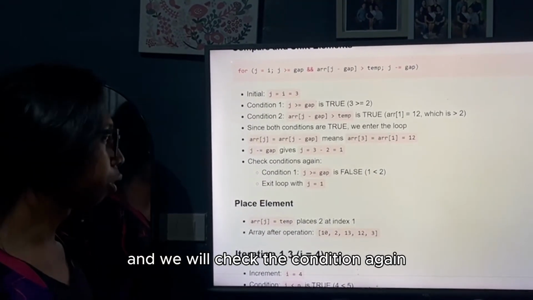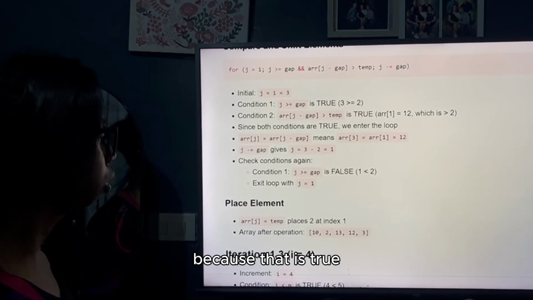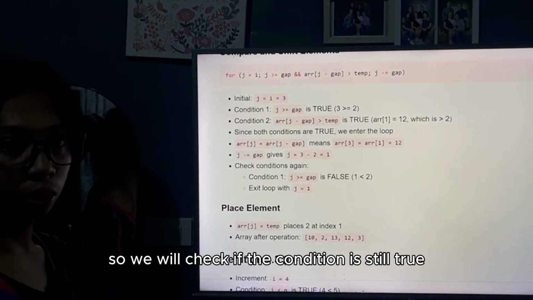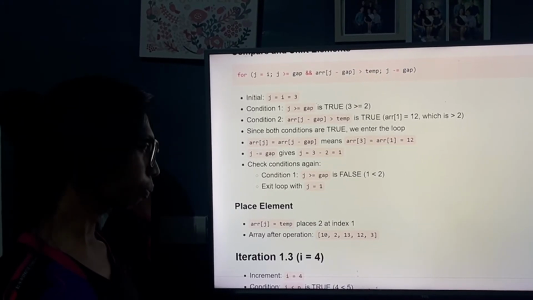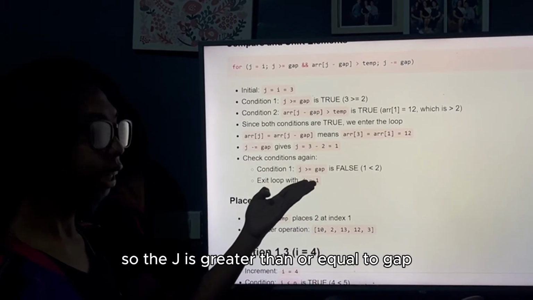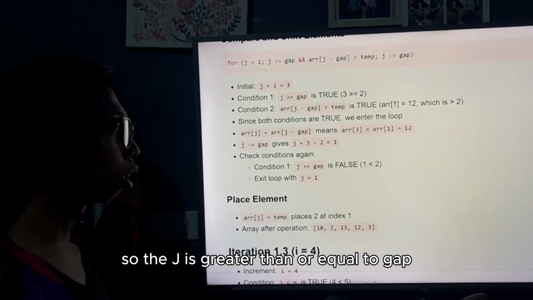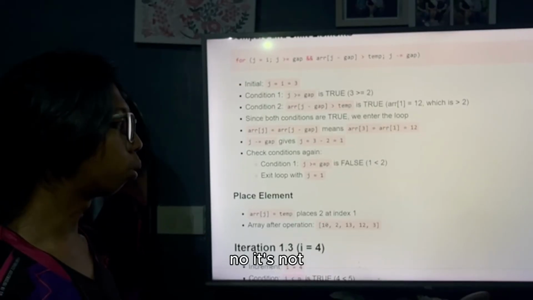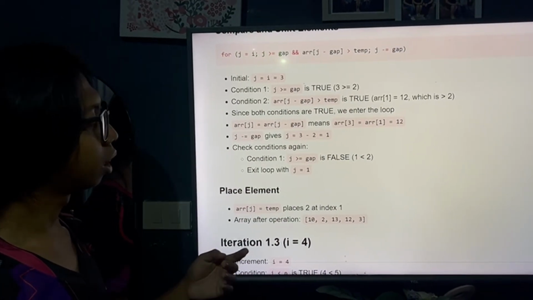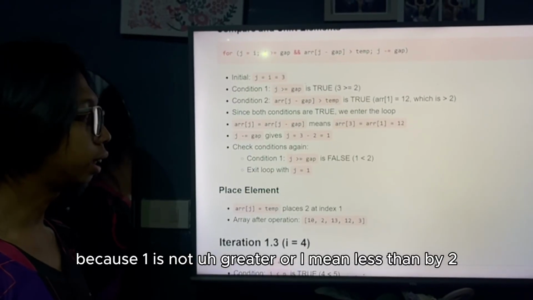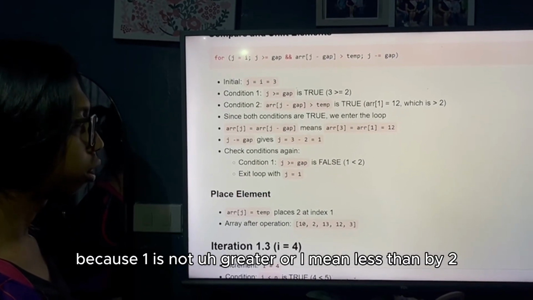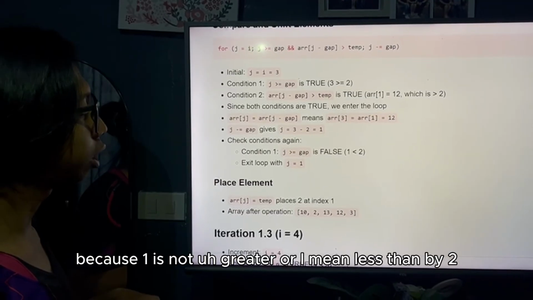And we will check the condition again to see if it is still true. Condition 1: is j greater than or equal to gap? No, it's not, because 1 is less than 2.